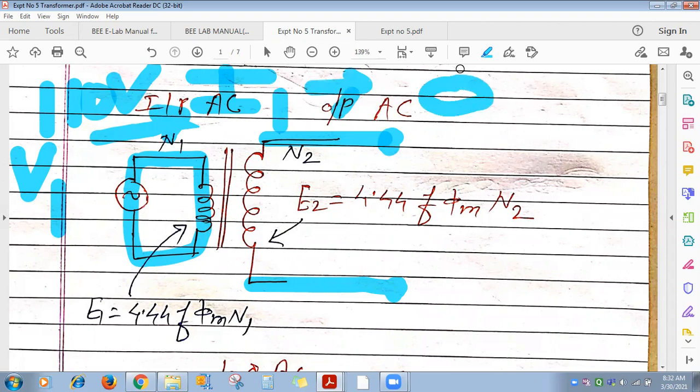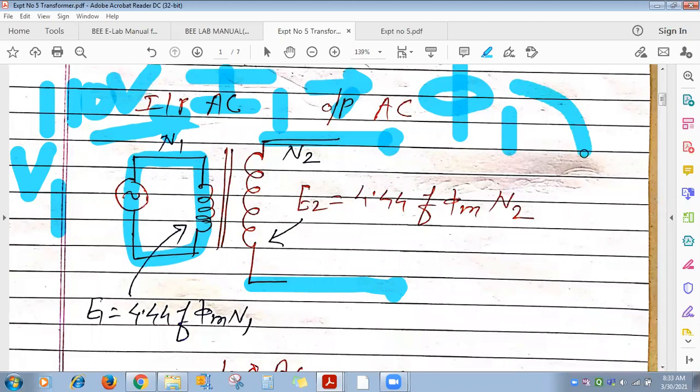As AC current flows through the primary, what does it produce around it? Changing magnetic field. You learned in 12th that AC current you pass through a coil produces around it a changing magnetic field. DC current you pass produces around it a stationary magnetic field. Here N1 and N2, primary and secondary winding turns, are both wound on a common magnetic core. Both are stationary, which means the transformer is a static device. None of the parts rotates. So primary is stationary, secondary winding is stationary, and the magnetic core is also stationary.